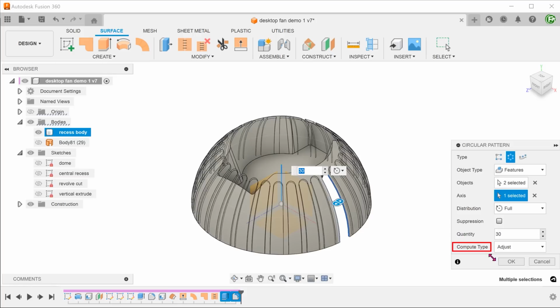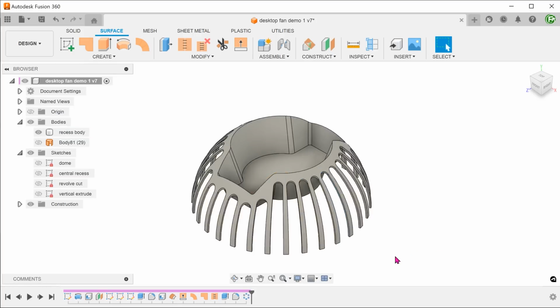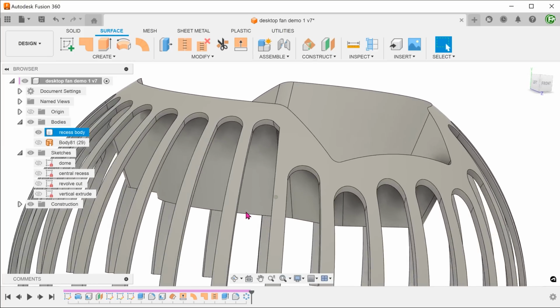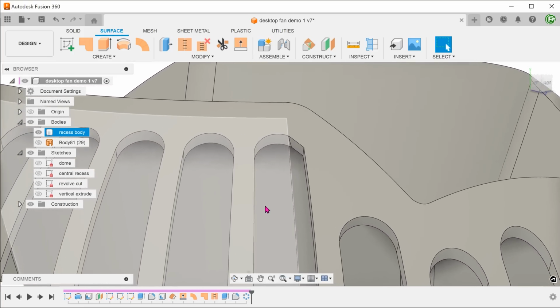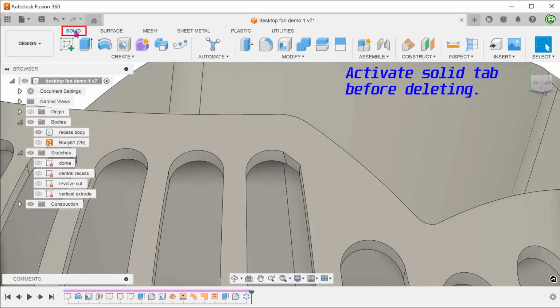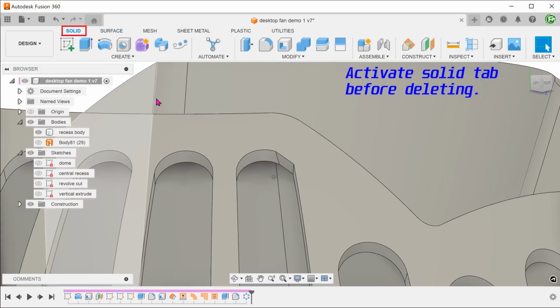For compute type, set to Adjust. This is not a foolproof method. There are some areas where the geometry is a bit challenging for the full round fillet to adjust accordingly. In such cases, you can select these faces to delete and the fillet will usually heal itself.